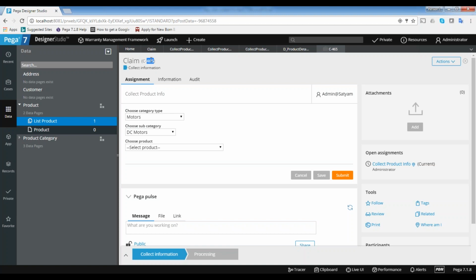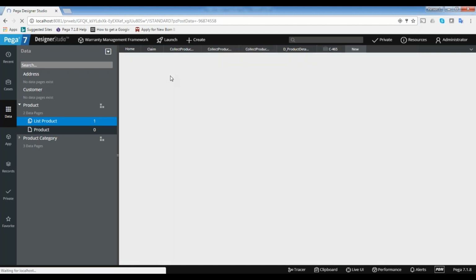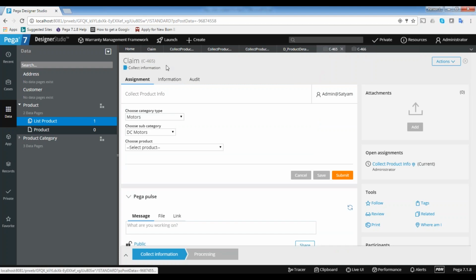So if I want to verify the C-465 data, I need to select 465 in the thread dropdown. If I create one more case, one more ID will be created, right? That is also one more thread. So you have two threads, 465 and 466. If I want to verify 466 data, I need to open this thread. If I want to verify 465 data, I need to open the 465 thread.